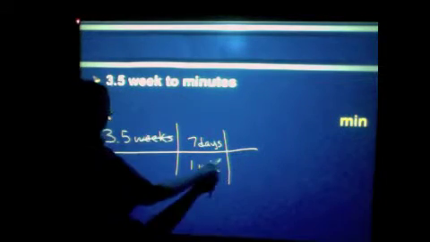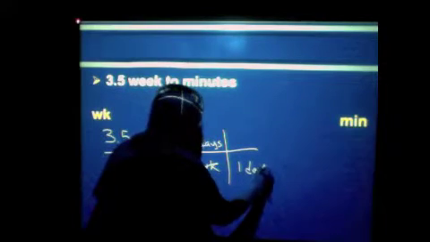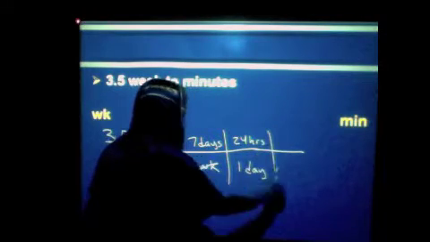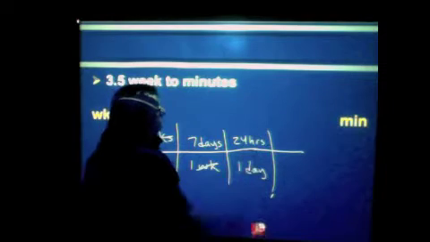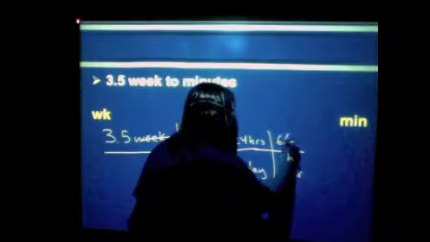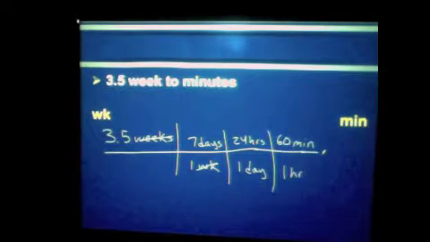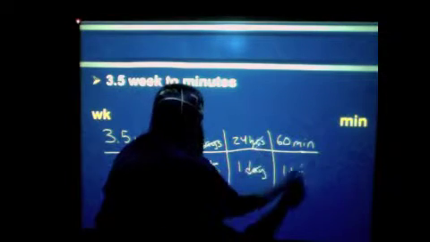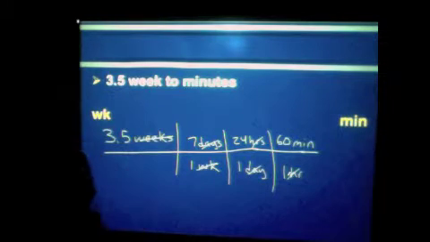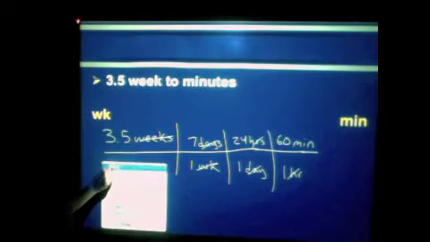Okay, so we got rid of the weeks. What do we know about days? Well, for 1 day, there are 24 hours, right? Now that we know how to get the hours, how do we get to minutes? So for every 1 hour, there are 60 minutes. Okay, you're just taking what you know and going with it. So the days cancel, the hours cancel, and you're left with minutes. So to get your final answer, multiply the top, divide by the bottom. And you should get